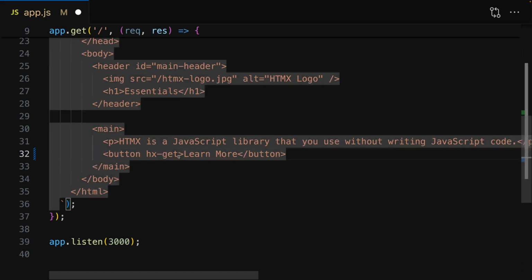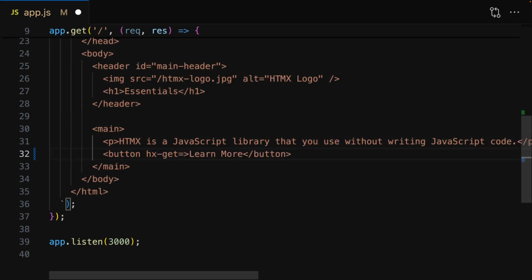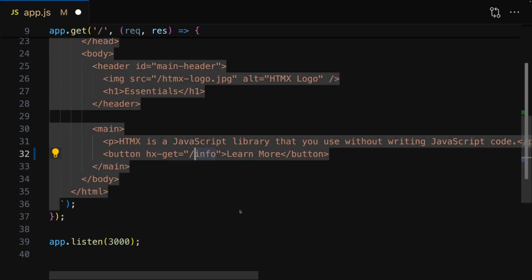Therefore, here, in order to load more data, we can send a GET request, and we set the path on the URL that's serving this page to which this request should be sent by adding an equal sign here, and then double quotes, just as we always assign attribute values in HTML. It's the same here. And between those double quotes, we now put the path to which the request should be sent. And here I want to send the request to /info, though you could specify any path here,